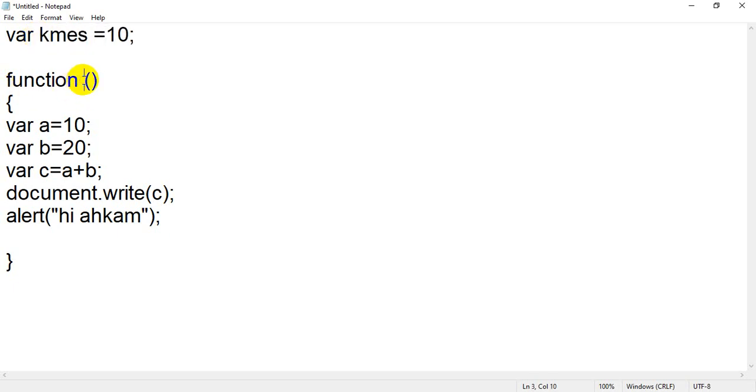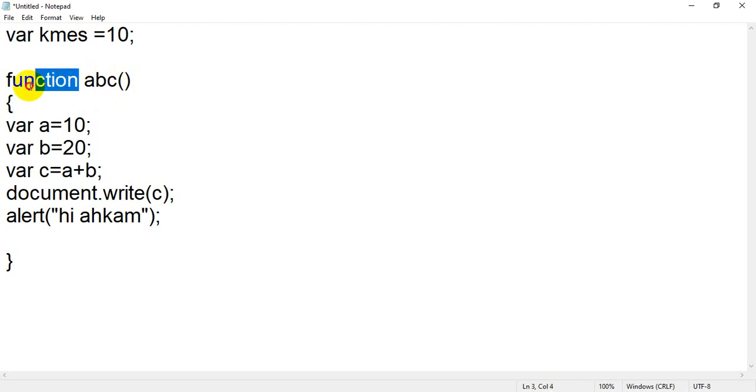So function, chemias, abc, whatever you can write, but you cannot start with a number, or start with any special symbol, or have any space. Okay, these are certain rules and regulations while you are creating any variable or any user defined function. Now you get a certain idea regarding how we can create a user defined function.